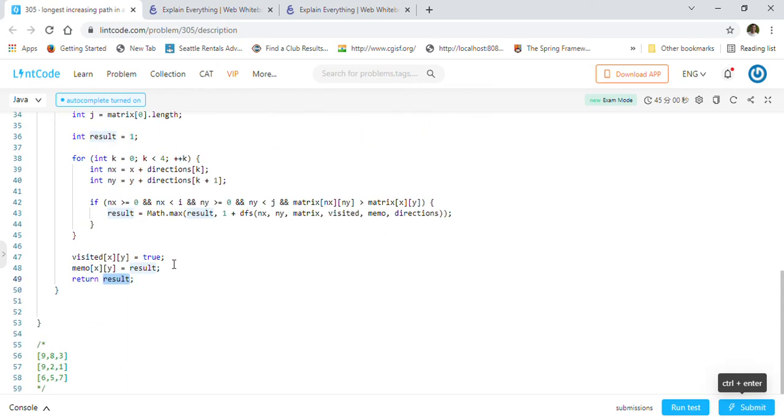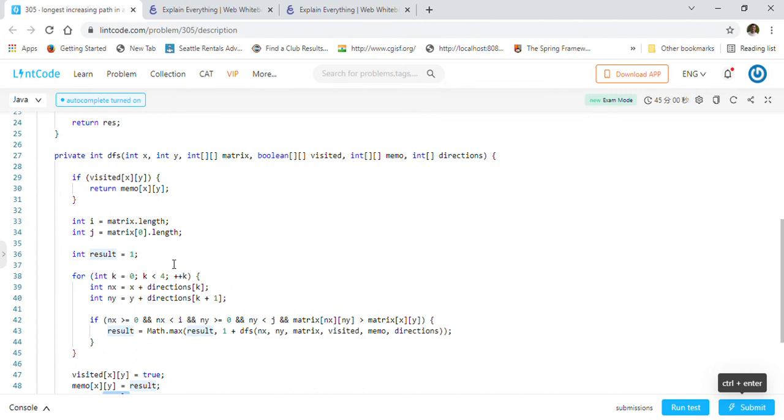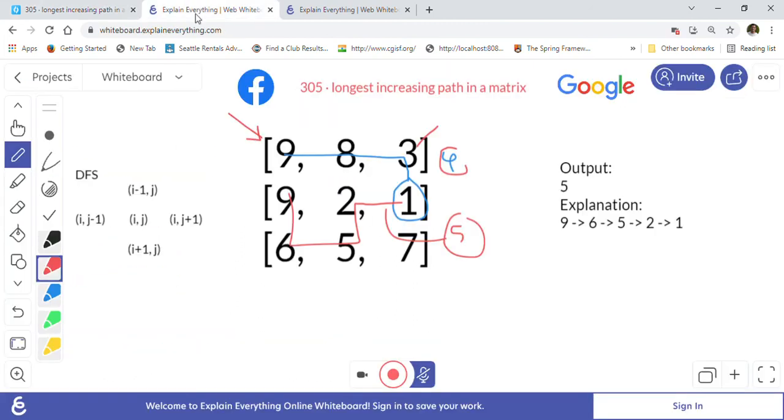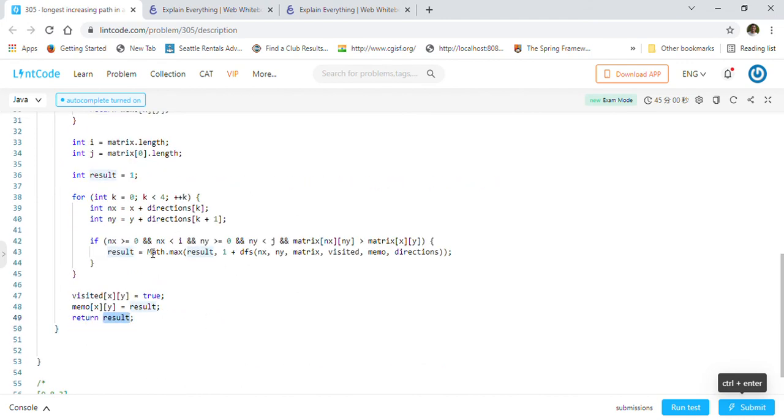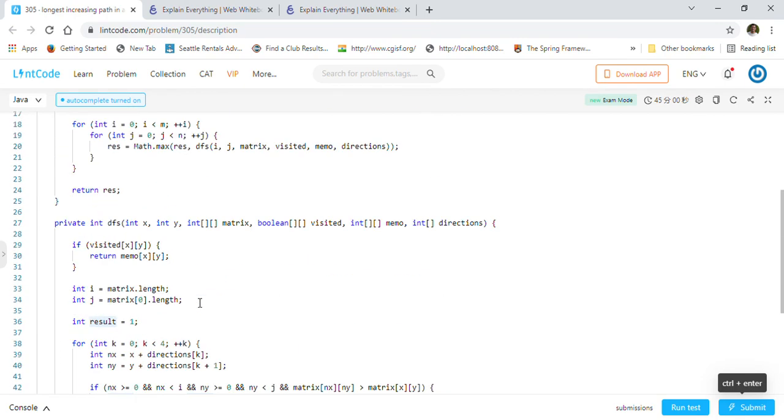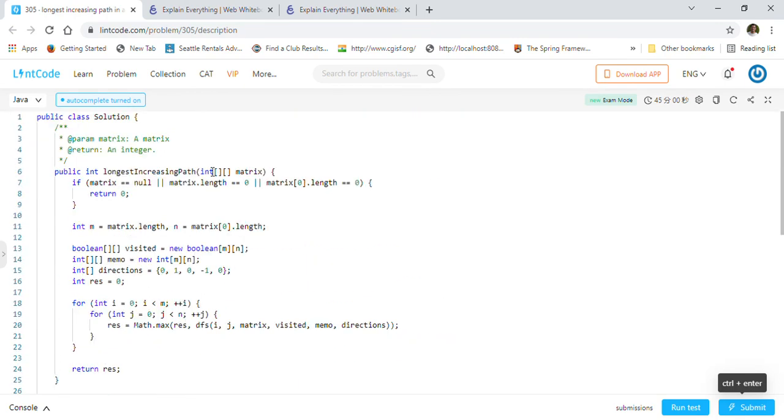So that is pretty much it about the DFS, and I think I explained in detail how we do the DFS in 4 directions, and how we always get the maximum from all the results here. And we will update our result at the end and just return result. So that is how we are going to solve the longest increasing path problem.